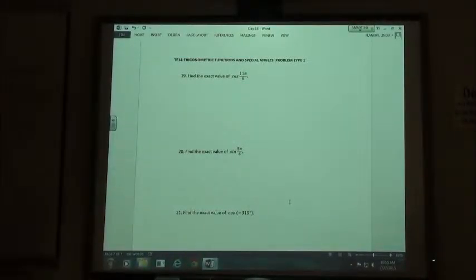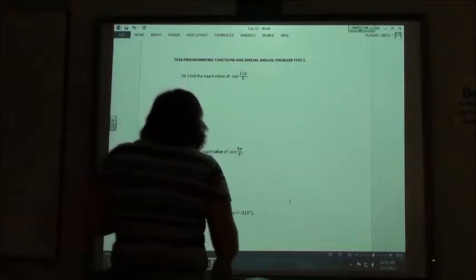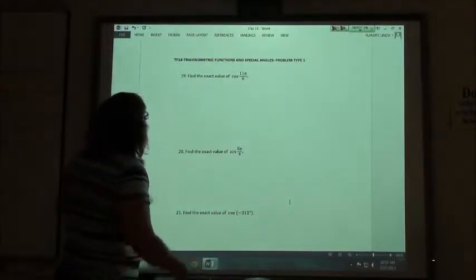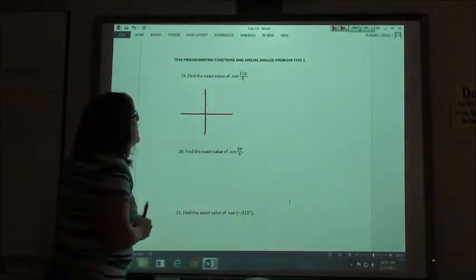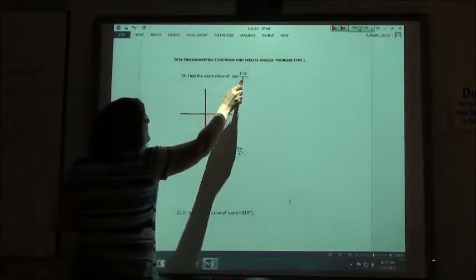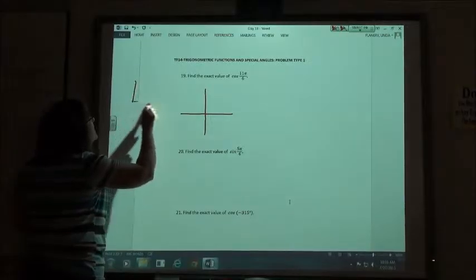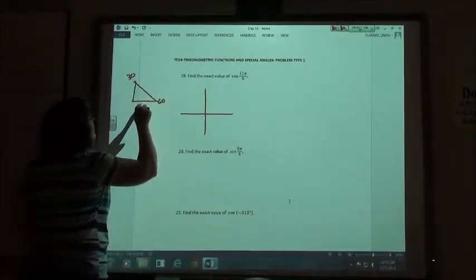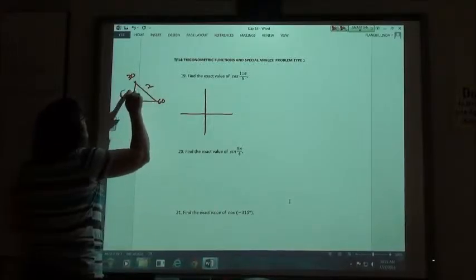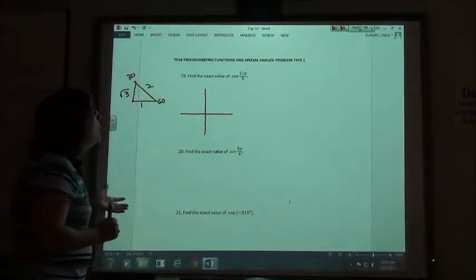19, 20, and 21 goes back to finding the value of sine, cosine, maybe even tangent in the angles that we have. So again, we have to kind of know where they're at, and we have to know our reference triangles. In this case, since it's a pi over 6, we know it's going to be a 30, 60, 90. So this would be 1, 2, square root of 3, but we have to figure out where 11 pi over